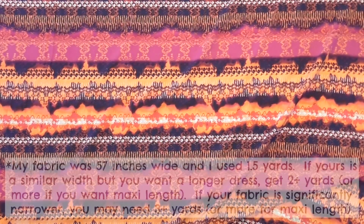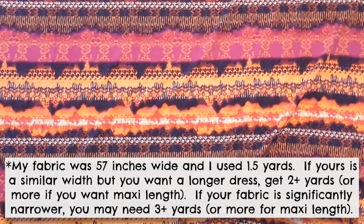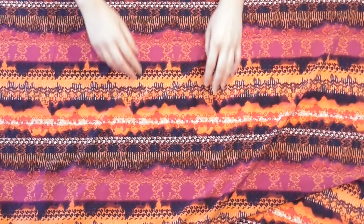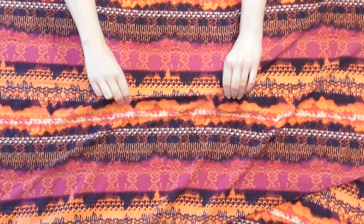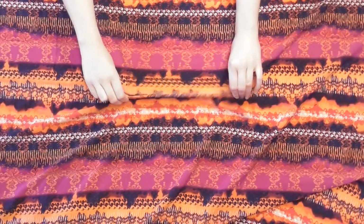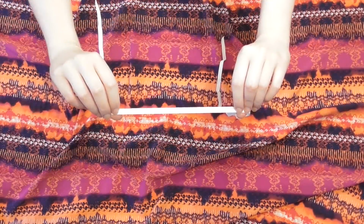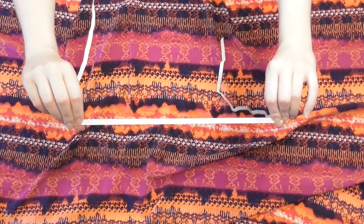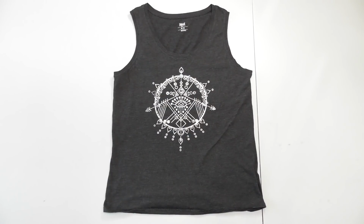You'll need at least 1.5 yards of a lightweight, non-stretch fabric for this project. Although the name of my fabric was called Silky Prince Stretch Chiffon, it basically had no stretch to it at all, so the instructions are for light, non-stretch fabrics. You'll also need enough 1/4-inch elastic to wrap around your shoulders and a basic tank top to use as a